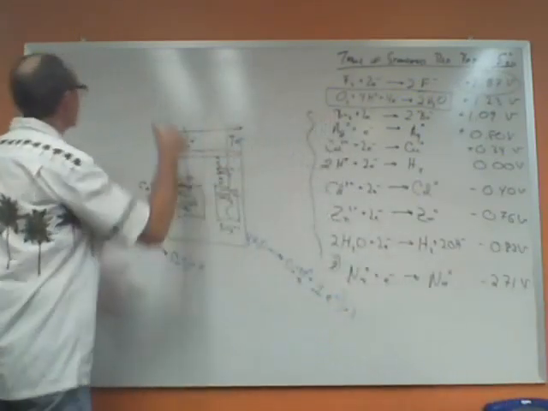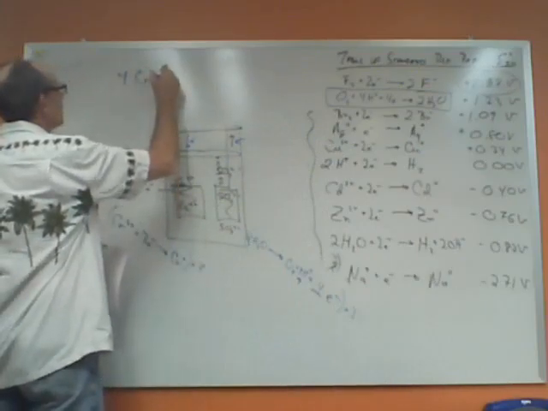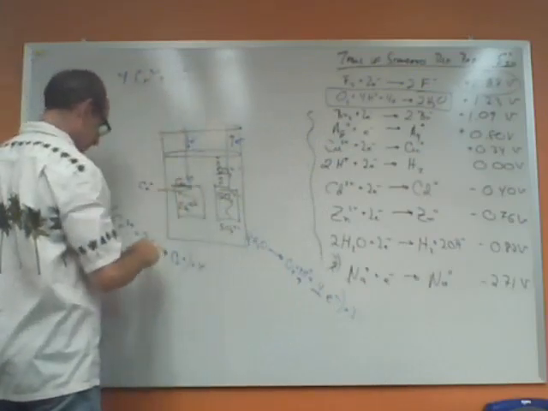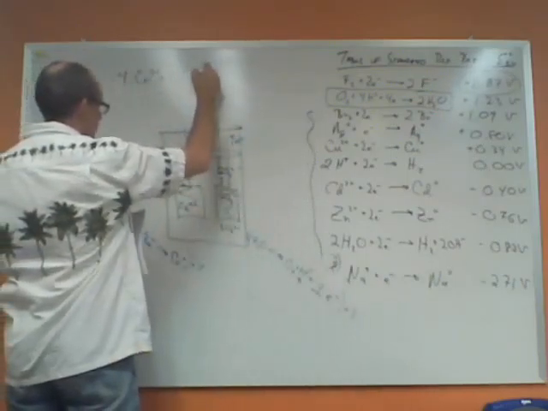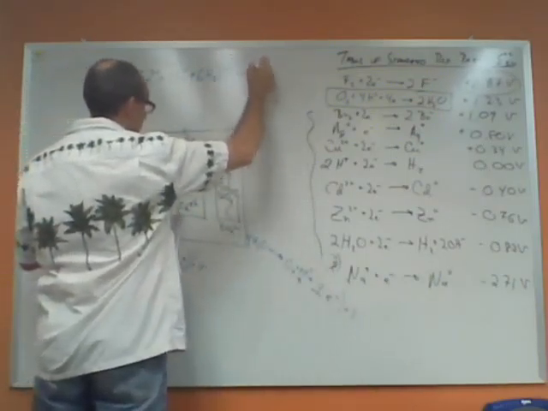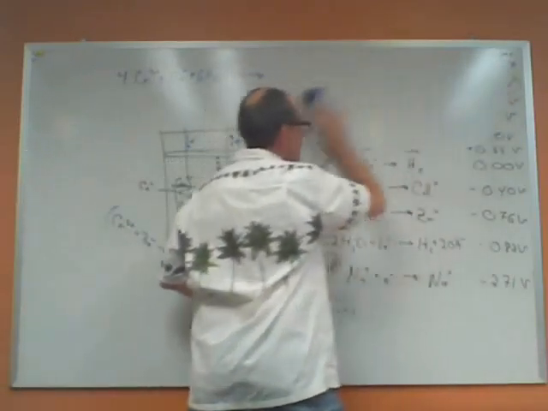is, let's see, 4 chromium ions. I'll go ahead and write the 12 electrons explicitly. Those are all my reactants from here. Plus 3 times 2 is 6 water molecules producing